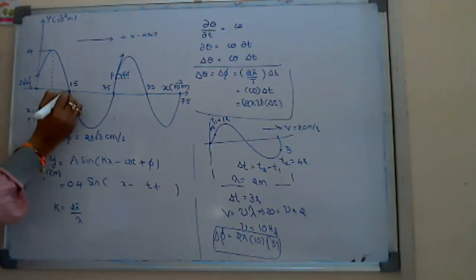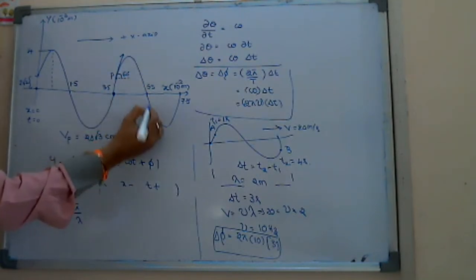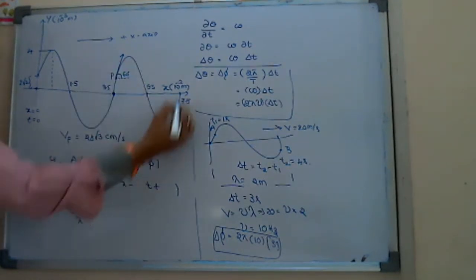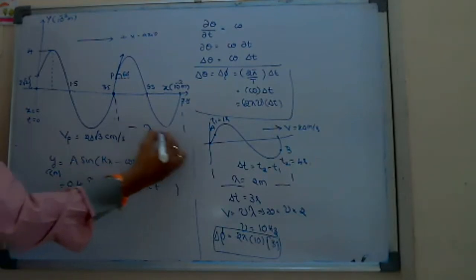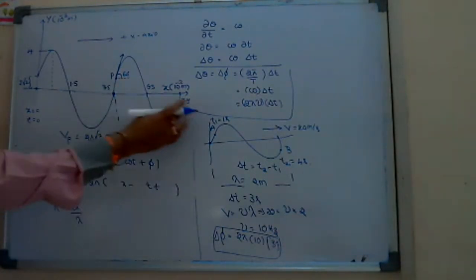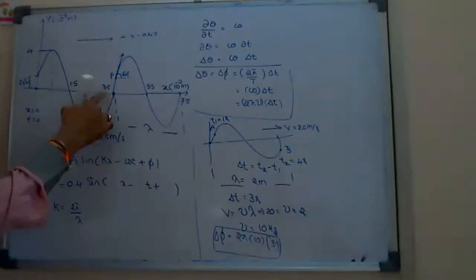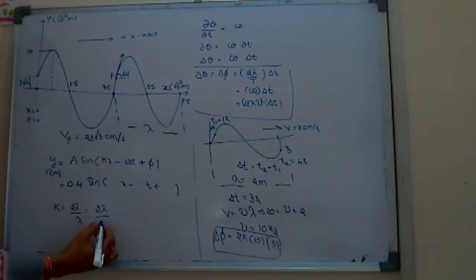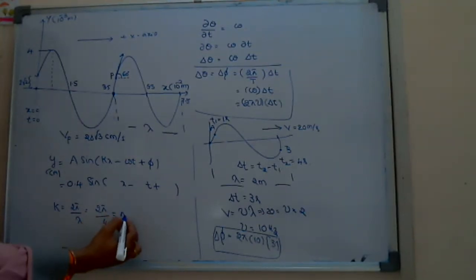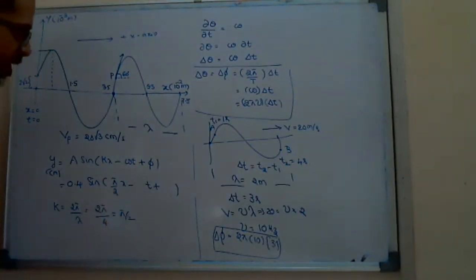Likewise, if you see from here or from there, that is your wish. Suppose you see from here, one upward part plus one downward part. This whole thing, 3.5 to 7.5, is one wave. This is the wavelength. 3.5 to 7.5 means how much? 4, sir. Right. So k equals 2 pi by lambda, which is pi by 2. So kx I write here as pi by 2 x minus omega t.